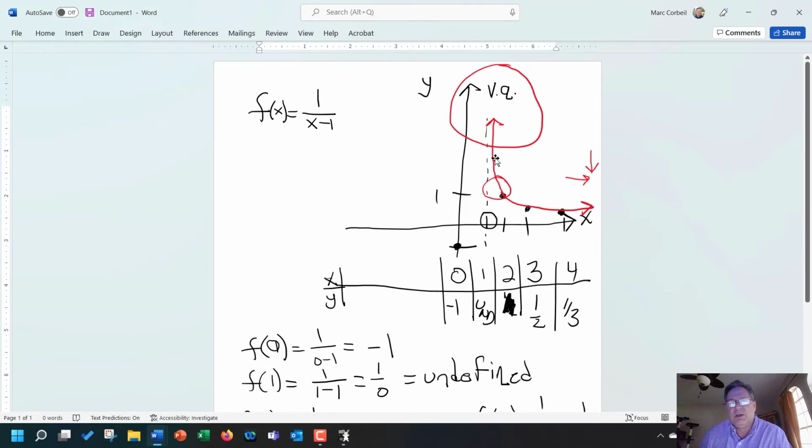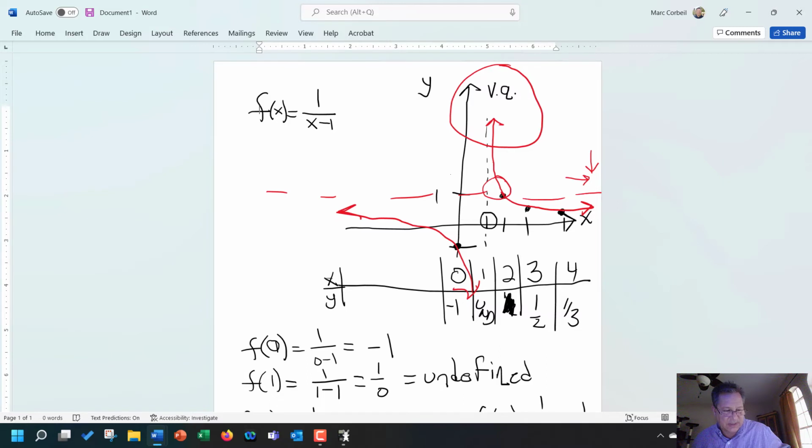Okay. And we can do a similar thing and play with this over here, and we're going to see that this graph is going to have a similar behavior here. And notice that at 1, if I had drawn this a little better, this would have been my,